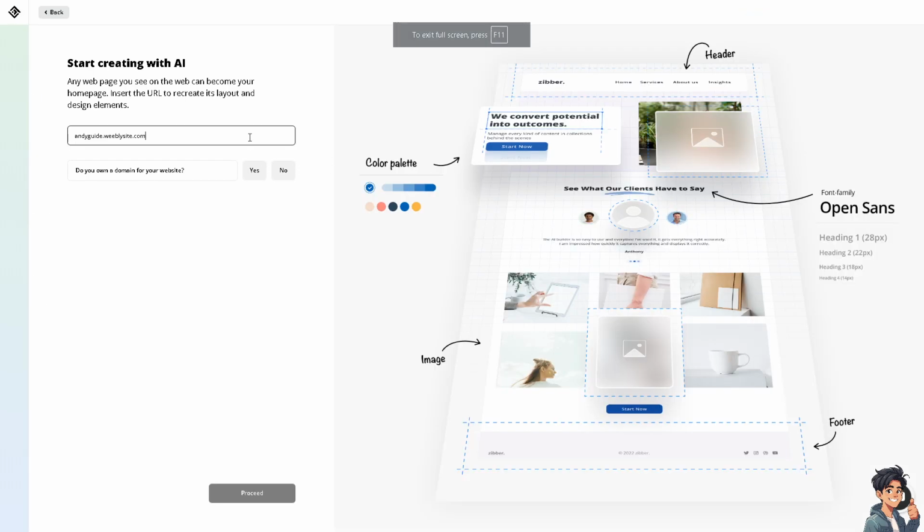Okay, so I'm gonna paste that in. If you own a domain for a website, just click on yes. If you don't, just click on no and click on the desired domain name. So we're probably like and these guides right here, and click on proceed. All right,